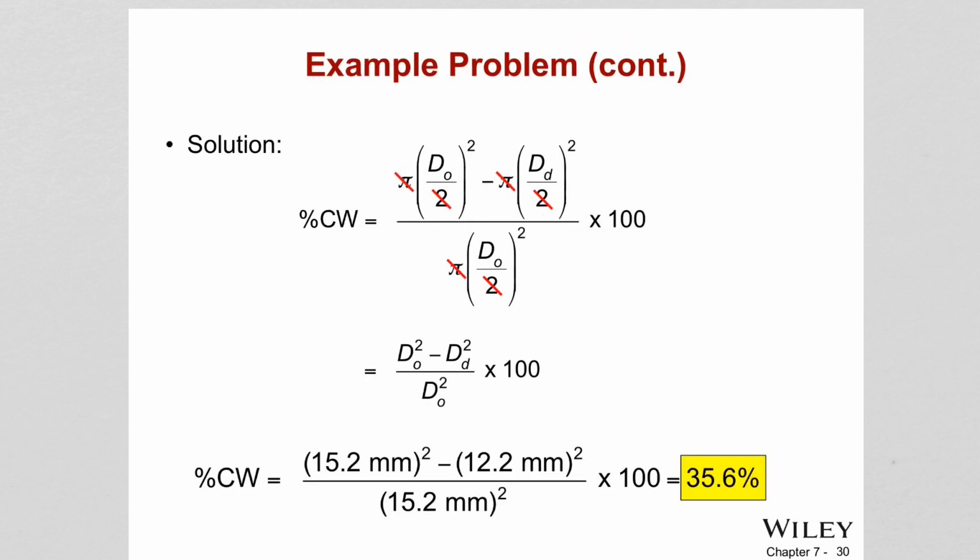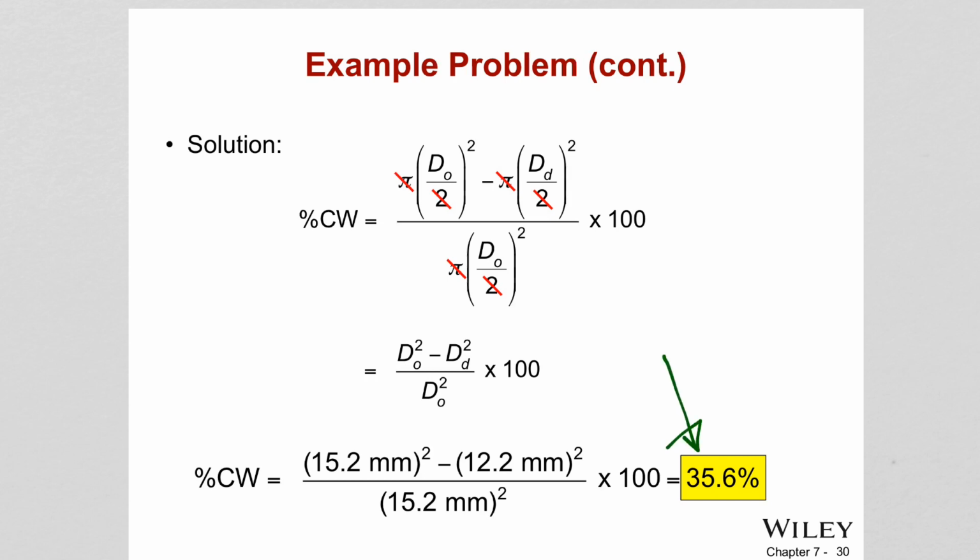The percent cold work is calculated from the areas, right? (A naught minus A_d) over A naught. And of course this is cylindrical material, so the area is going to be pi r squared, or pi (d naught over 2) squared. So based on that and the given values, this is the amount of cold